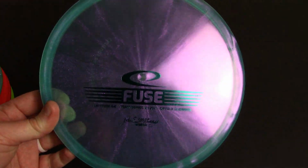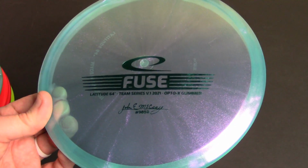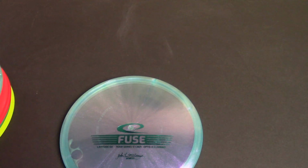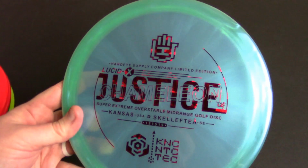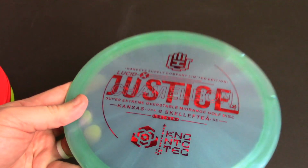Don't know if it'll end up getting bagged or not. I kind of just wanted to have it for the stash, but I did carry it for a few rounds and it flies good. I just would rather throw a regular stock Opto one for the most part, just because it's expensive. And then I signed up for the Hand-Eye Supply Company monthly box to get this Lucid X